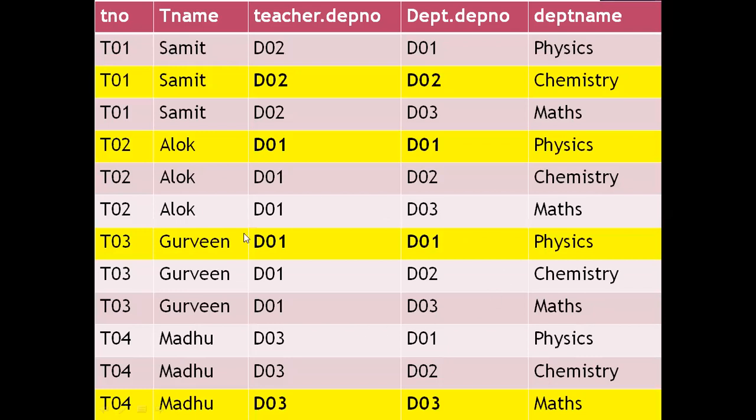See, it is displaying T number from the teacher table, T name from the teacher table. Here teacher dot department is joining with the other table. Both the columns are in a relation. See here, from the teacher table it is a department number, which is joining to the department table with the department number. So this is called joining. This is called Cartesian product with the joining of the two tables. These values are from the teacher table, and these values are from the department table.